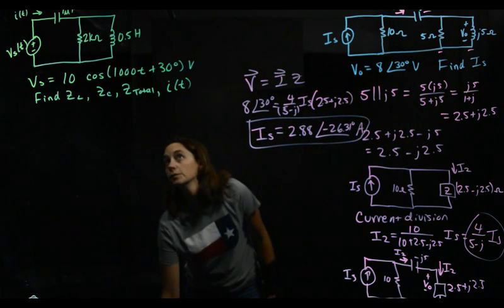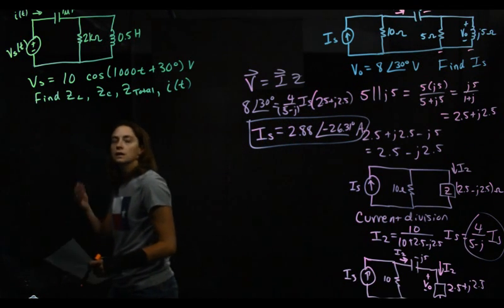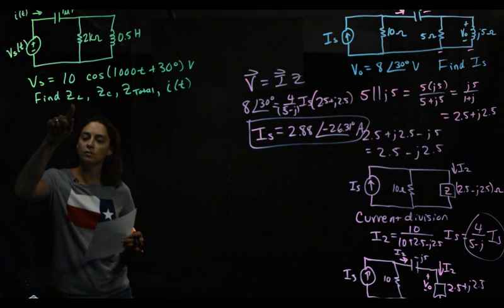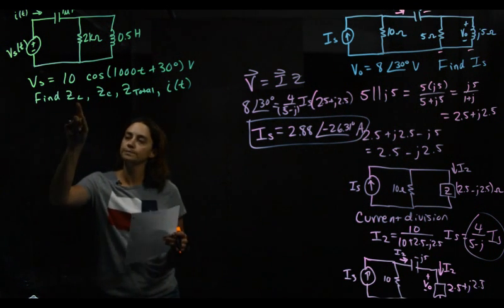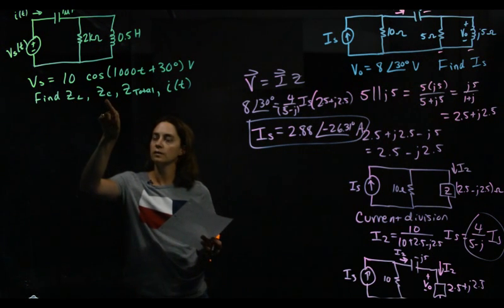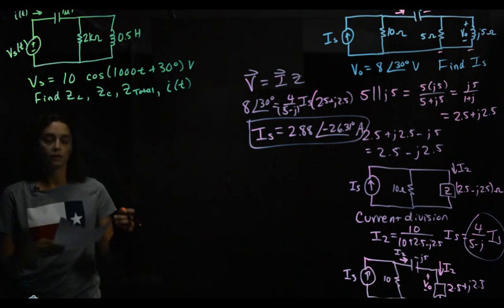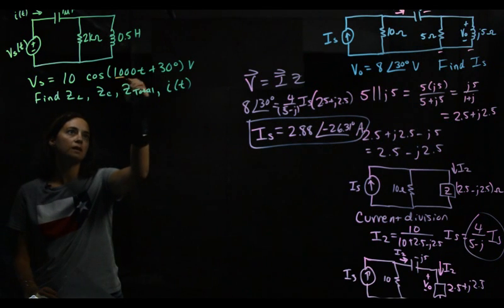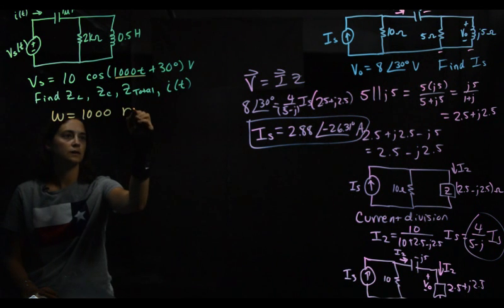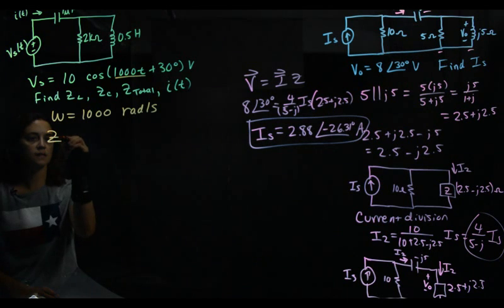Let's take a look at this other one over here. Let's switch to some orange. So we have this circuit, and we're asked to find our equivalent inductance, or our phasor inductance, our capacitance and impedance, the total impedance, and an I of t. So let's find our omega. Right here's omega t. So I know omega is 1,000. Go ahead and write radians per second. That means my ZL,